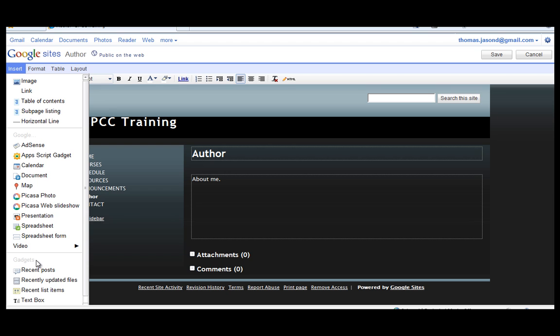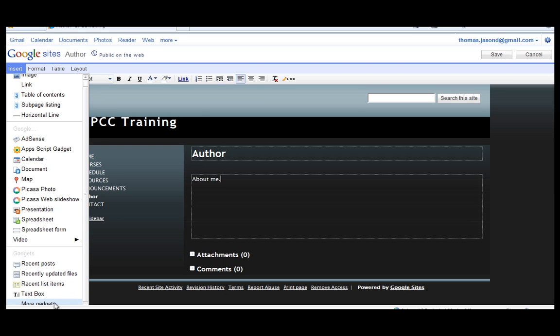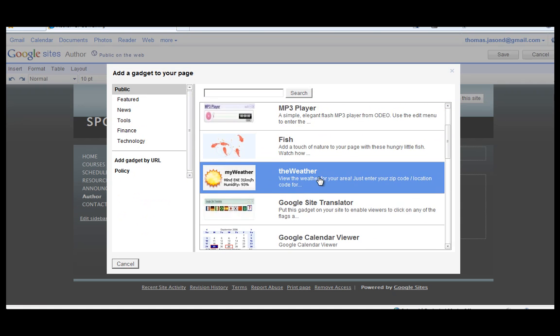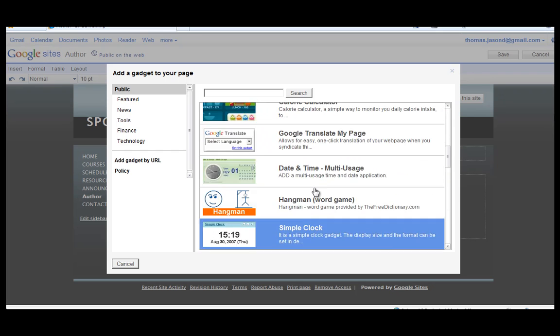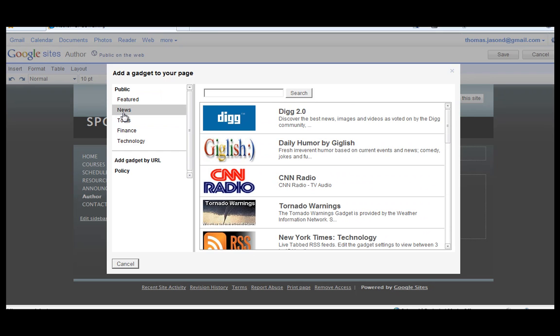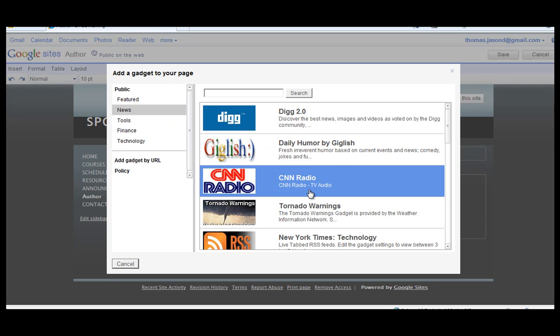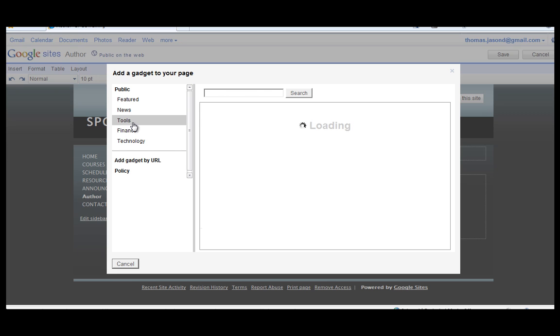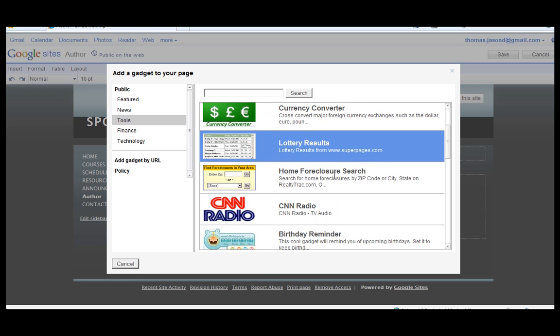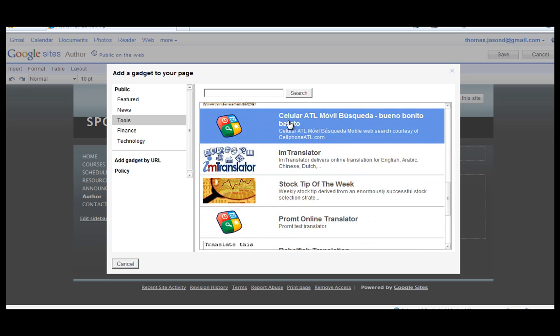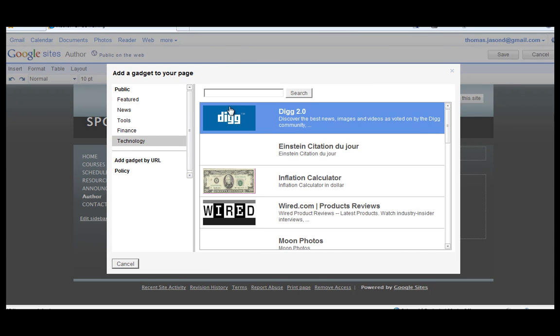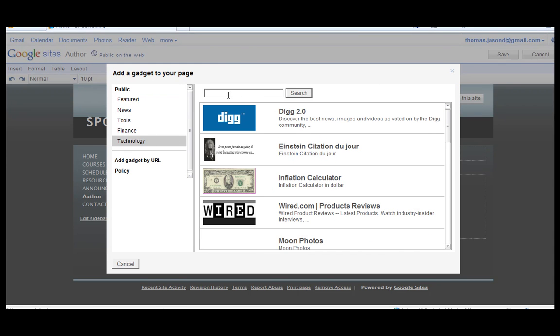under the insert, if you go to More Gadgets at the bottom, you get all these cool things you can add to your site. You can add games, you can add news feeds, you can add almost anything. So I could put CNN Radio as one of my pages. You can also put date and time converters, pretty much anything you can think of. And if you don't want to browse through them, you can use the search box up here for finding what you want. So maybe you want something that is